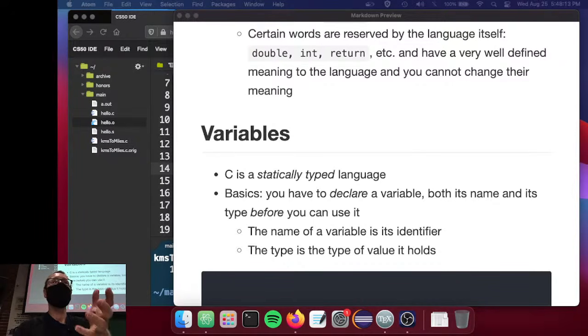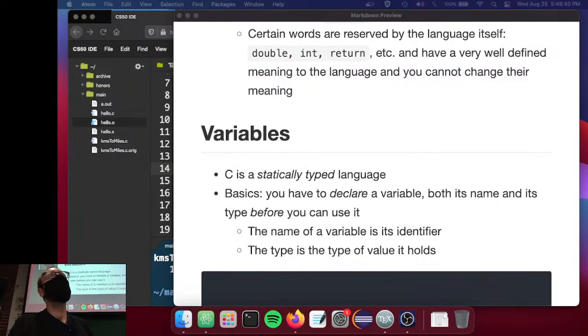It's a placeholder name for a value. If I say f of x, x is like an input value, right? f of x is equal to x squared. If I put 2 as the value in that, then the function becomes 4, right? 2 squared is 4. If I put 3 in there, then it becomes 9, right? That's a variable. Or another instance would be a squared plus b squared plus c squared, or a squared plus